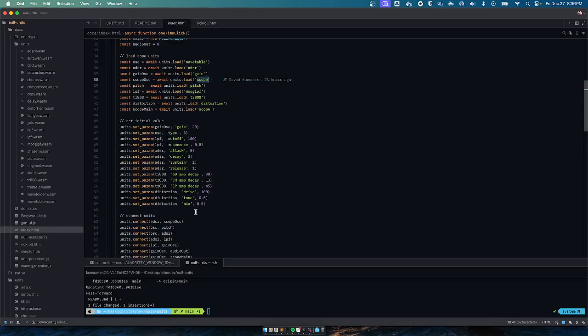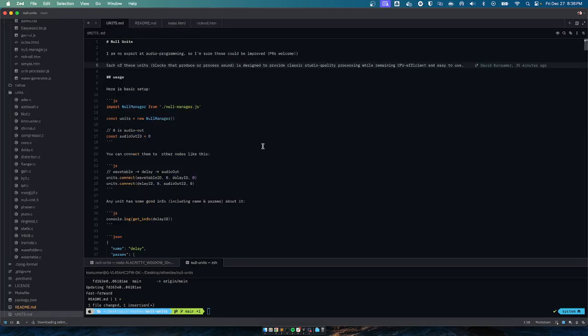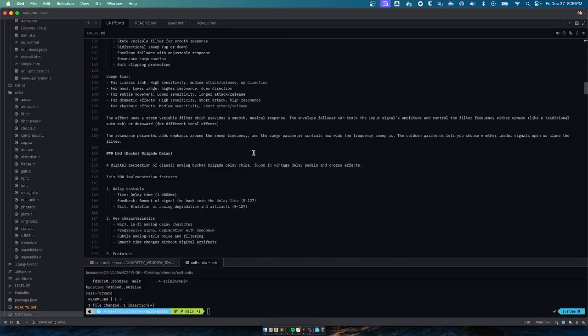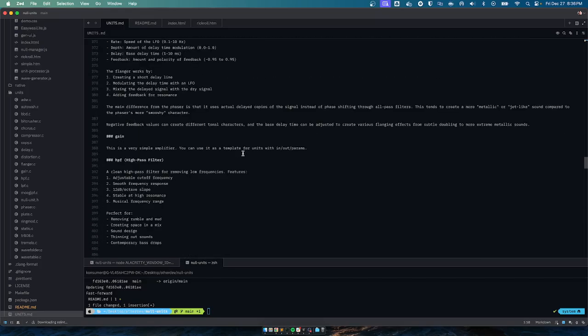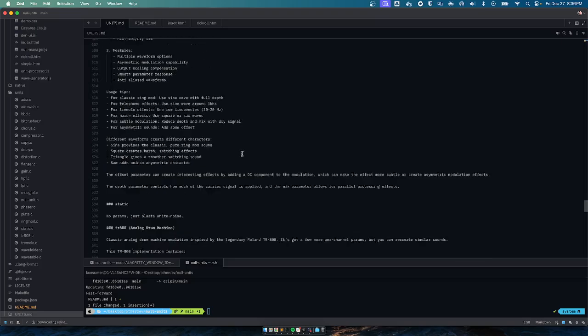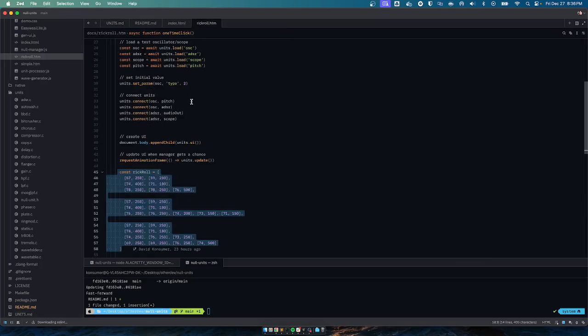Okay. So if we go here, there's a few built-ins, those three things, and you can find that in the units.md. They're all referenced, and you can find out how to hook things up, and there's descriptions of what kind of sounds you can get from each thing and all that kind of stuff. But yeah. Anyway, so